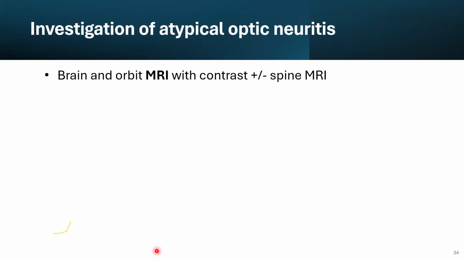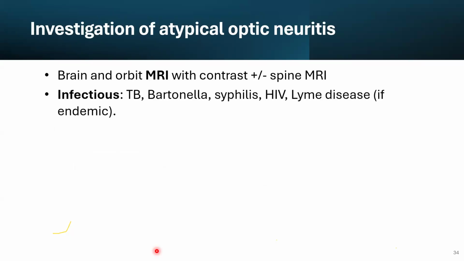Now you need to think about other conditions. If it is atypical, it's not only MS. You need to do, of course, brain and orbit MRI with contrast plus spine MRI. You need to work the patient up for infectious etiologies like TB. Based on the clinical judgment, history, and examination, you can tailor your investigation. If you suspect infectious, do TB, syphilis serology, HIV. If the patient is coming from an endemic area, especially the eastern areas of the US, think about Lyme disease,